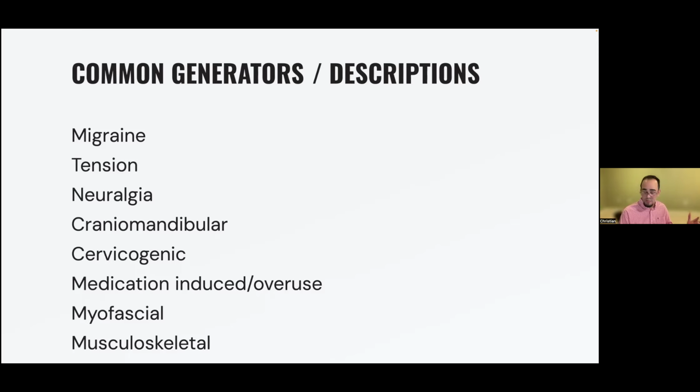Patients sometimes take matters into their own hands and decide to take NSAIDs or opioids that they may have for other things. Eventually this may lead to medication overuse headaches. So it's about finding the perfect balance to prevent medication-induced or medication overuse headaches, as well as figuring out what works for the patient.